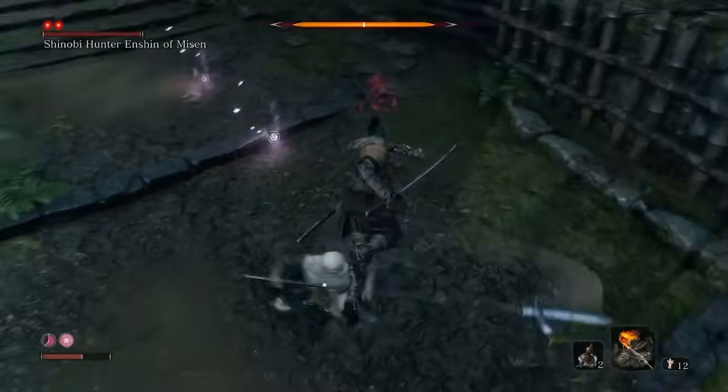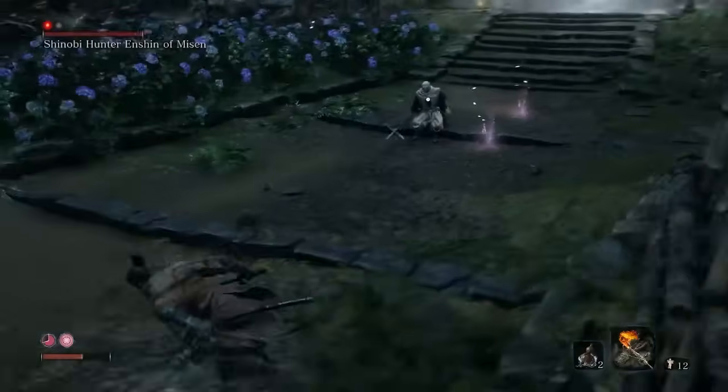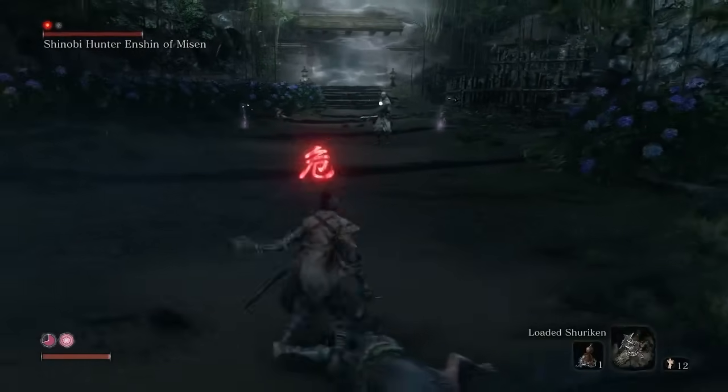and may I just say, good riddance. From a design standpoint, the Shinobi Hunter is a Mikiri counter test. Most of his moves are thrusts, and using the Mikiri counter absolutely shatters his posture in just a couple of uses. This mechanical test, however, is one of the only ones in the early game that I believe Sekiro fails